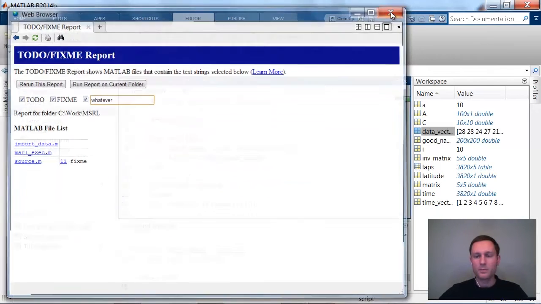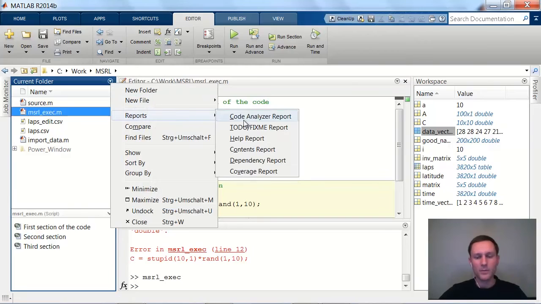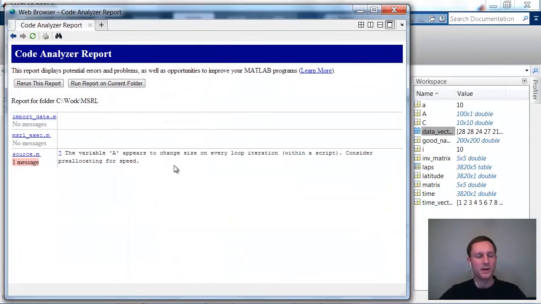But this report is not the only report you can draw from that. You can have a help report, you can have a content report. You also can systematically perform the code analyzation. In that case, we know that this script that we are working on right now has no error messages. But if you want to let that script run frequently and check what has changed, what appears, you should use